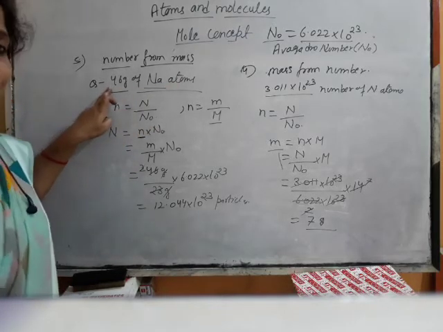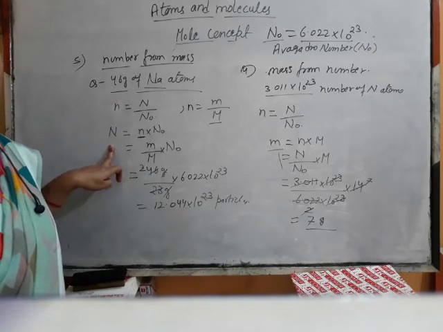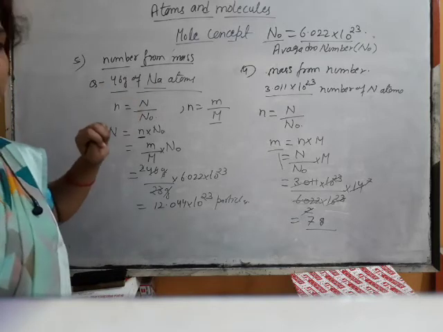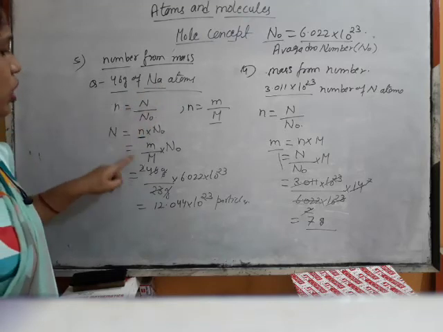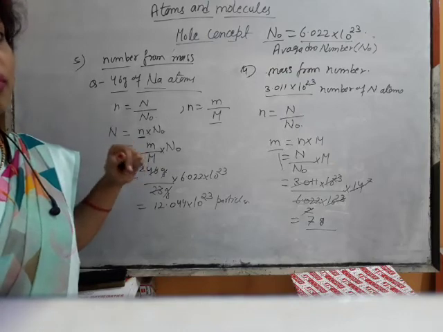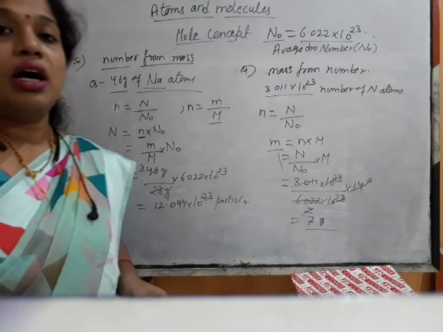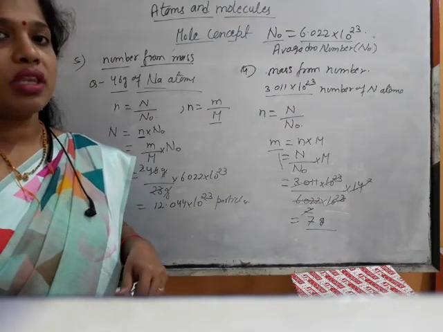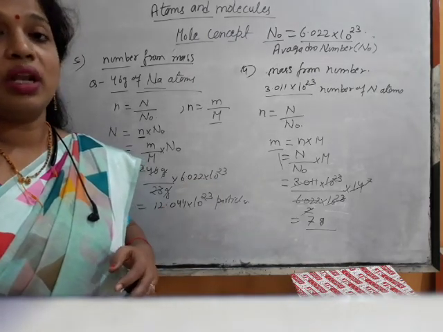Now if the mass of any atom is given, we can find the number of particles present in it. How many particles are there in 46 gram of sodium atom? In this way we can find it out. If a molecule is given, then in the molar mass we will have to put the gram molecular mass of that molecule. These types of numericals we will come across in the exam, and definitely now I know you can solve these types of questions when you have them in the exam.